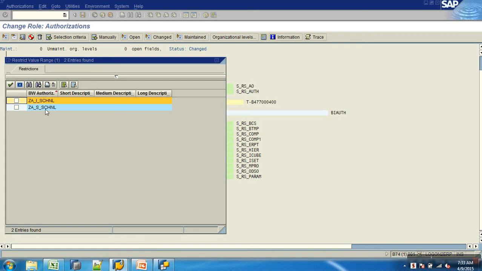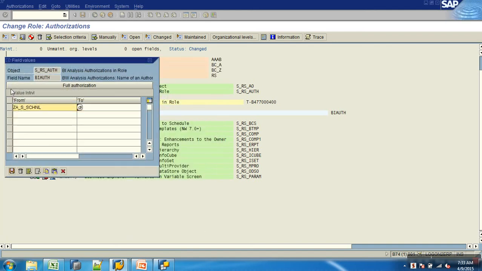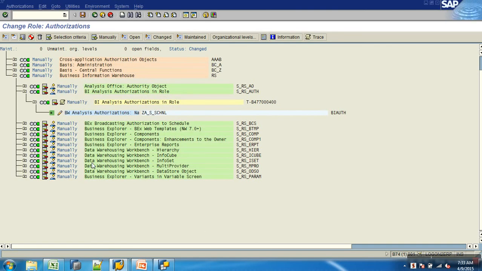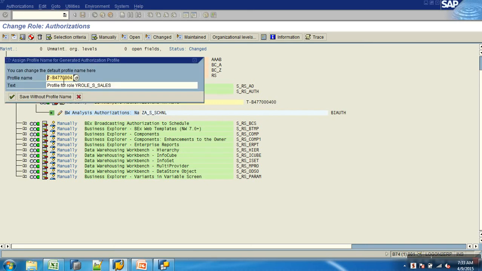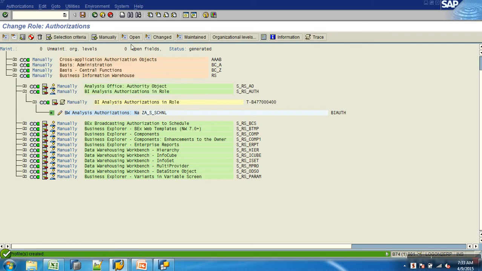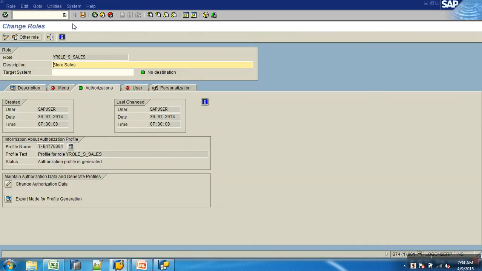ZA. Now I want to give it this. You remember we created these two, yeah? So I want to give it what? A store, yeah? Say okay, fine. Okay, boss, done. And then say this is a role definition. Then you just click on this button to generate your profile. So this is the profile name. 0004 was one profile name. That's it. So this is about one particular role being created.